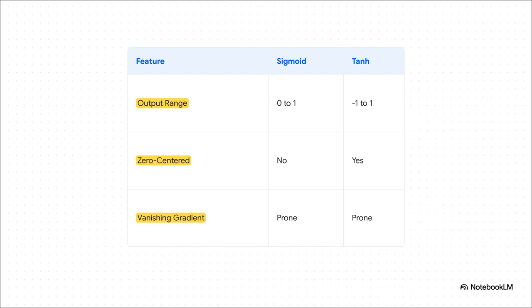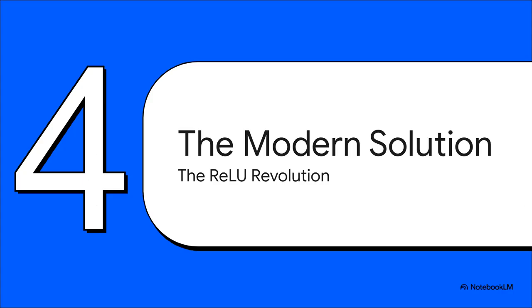Tanh had that nice zero-centered property, but they both shared the exact same fatal flaw. They were incredibly prone to this vanishing gradient problem. This weakness literally set the stage for the next big thing, a totally new solution. And that solution was, well, it was almost shockingly simple. But it sparked a complete revolution in deep learning. It's called ReLU, and it pretty much became the new industry standard overnight because it tackled that vanishing gradient problem